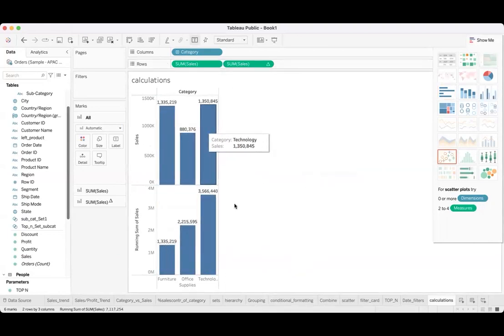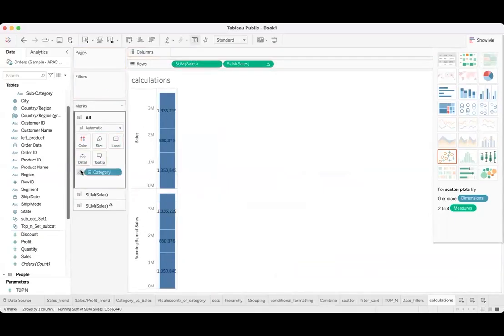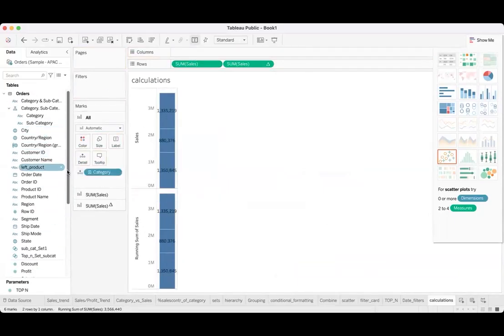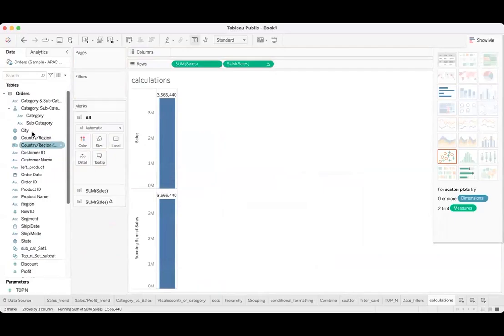These are individual entities in individual absolute numbers, and these are the numbers that cumulatively are getting created. That's why I said running total is best with date, because you can see up till a particular date what is the total amount of sales that you have accumulated. So let's say I remove category and I take up